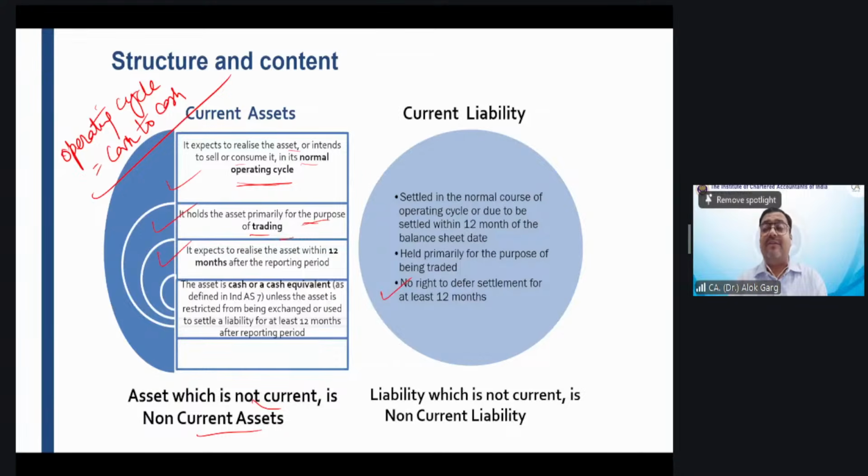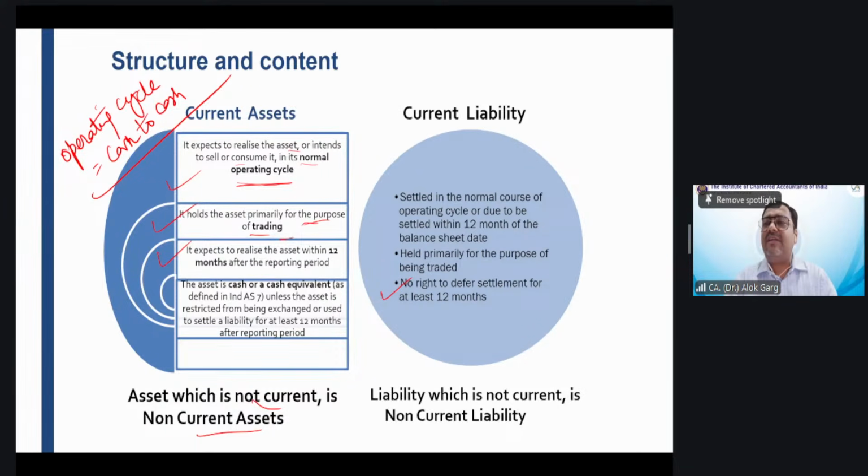Because if they show the entire amount as a current liability, then as per the substance, it seems they will not have any customer at the end of the first year. Yes or no? Guys, do you agree with me? Can I have your confirmation in the form of yes or no? Yes, Swanlata. Okay, let's complete the current asset part first.